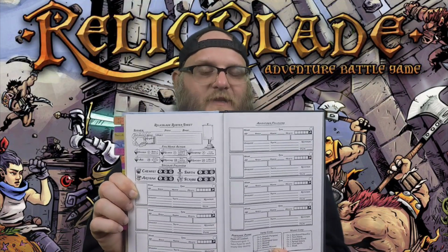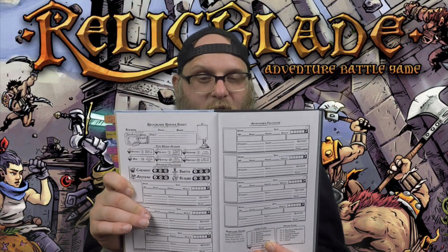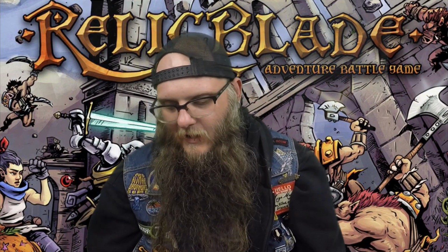Now, yes, you could Xerox this out of the book if you wanted to. The roster sheets are on the Metal King website, and they're free. You don't have to pay anything for them. You have to go through the checkout process, but they're free, and you can just print those out, and it's way easier. And then some more awesome photographs of games and tables and stuff,